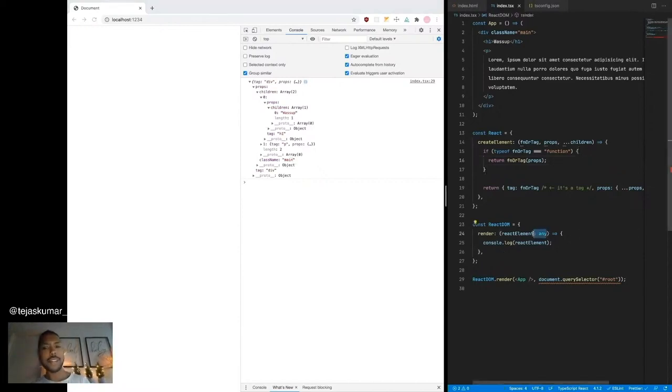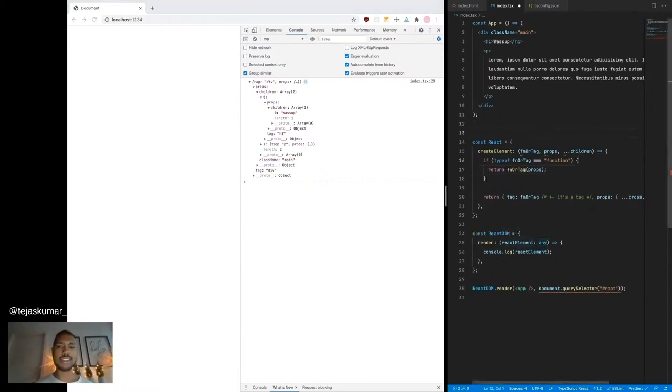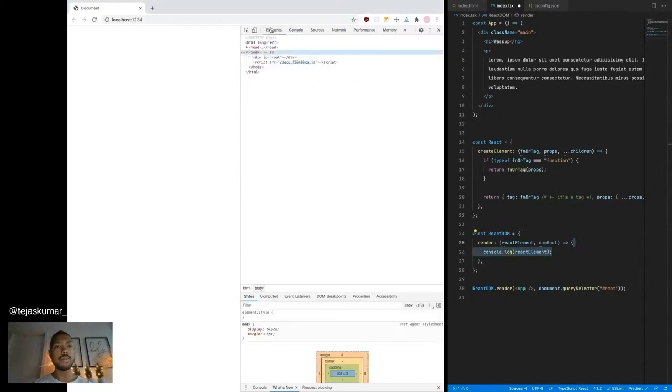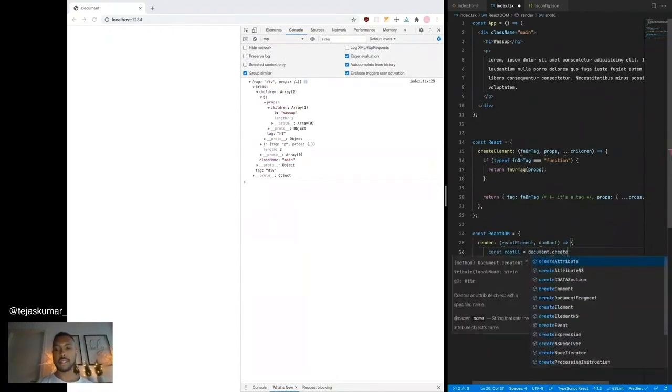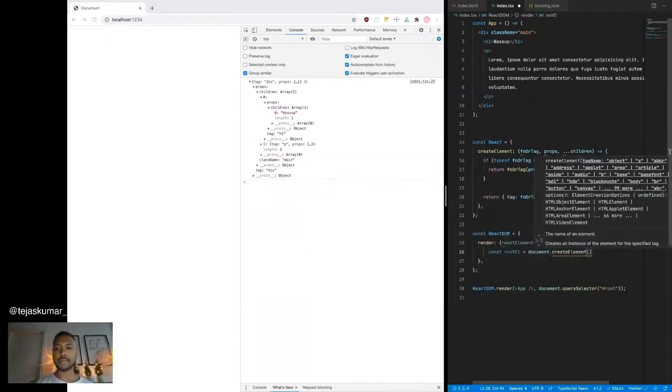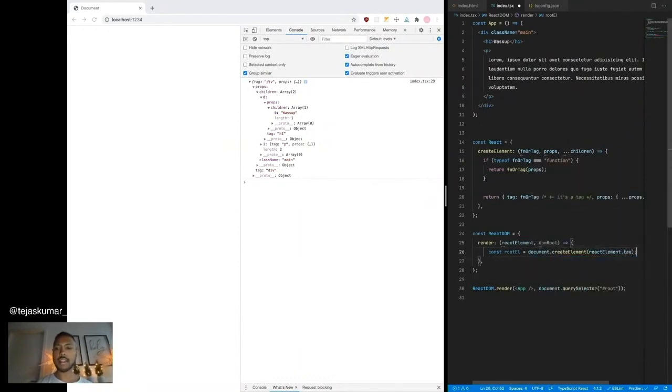So let's step into the renderer stage. So React virtual DOM is done. Let's check the render phase. So now there's two things. There's the React element. There's a DOM root. So what we've got to do is take this tree and map it to DOM elements. Let's do that. So let's const rootEl is document.createElement. Since we have the tag, we can. Let's React element dot tag, and then let's get the props. Do const props equals React element dot props.